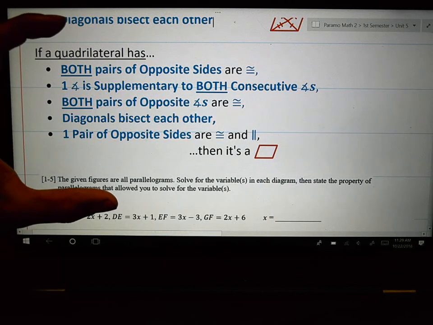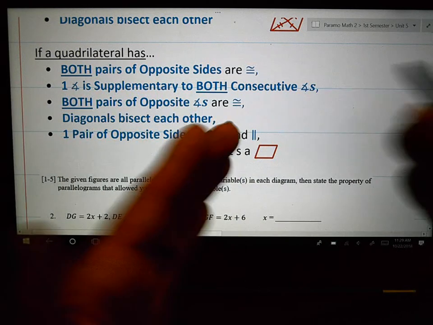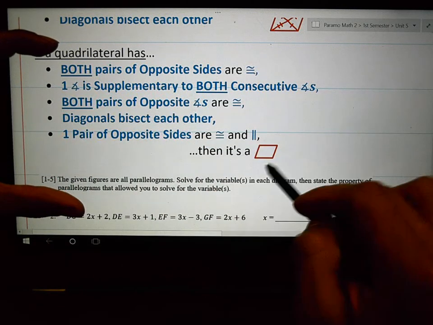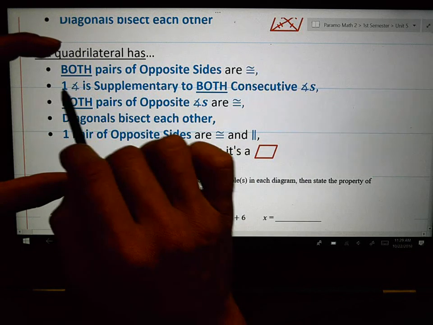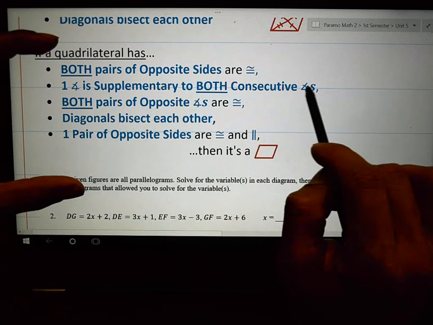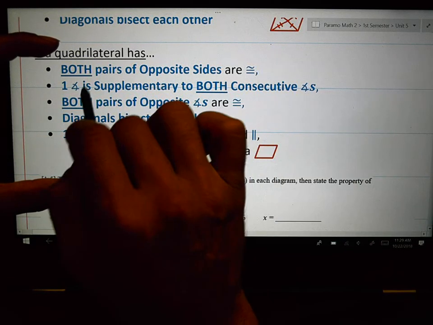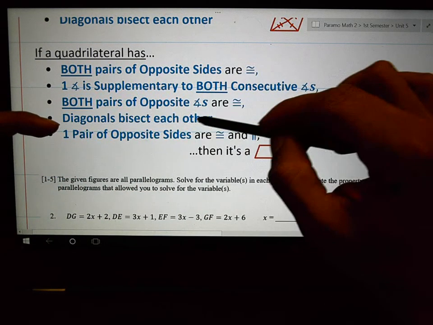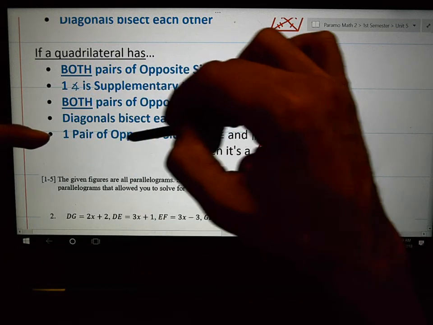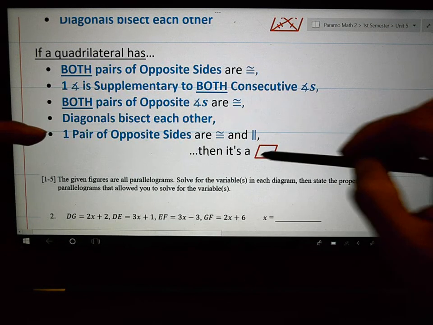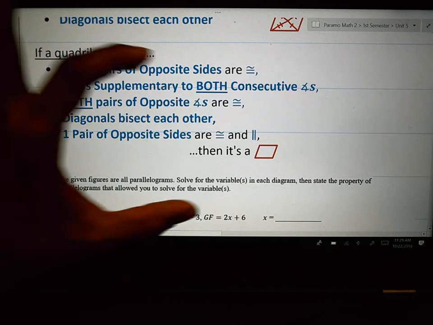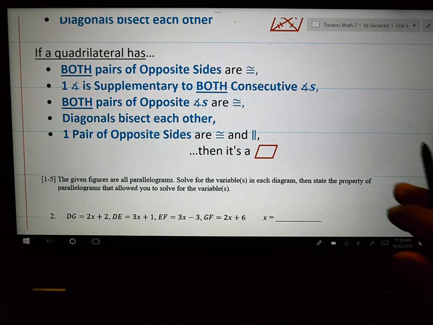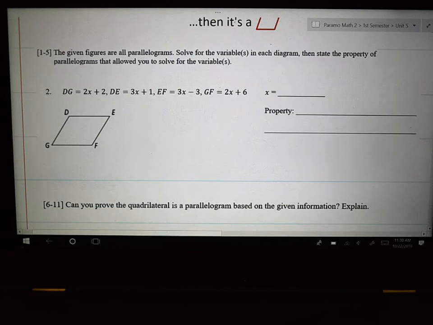The second thing that we're going to do is try to determine: is it a parallelogram? Here's how we're going to decide. If both pairs of opposite sides are congruent, then it's a parallelogram. If one angle is supplementary to both consecutive angles, then it's a parallelogram. If both pairs of opposite angles are congruent, then it's a parallelogram. If the diagonals bisect each other, then it's a parallelogram. If one pair of opposite sides are congruent and parallel, then it's a parallelogram. If you are confused, come back to the notes. Otherwise, let's do some examples, and then you will have the rest of the time to do the problems